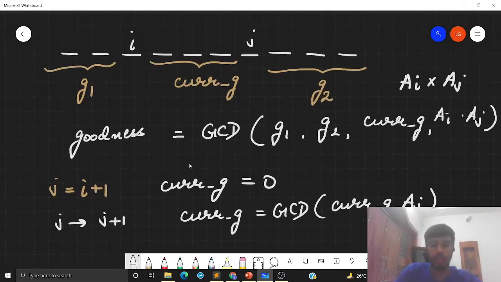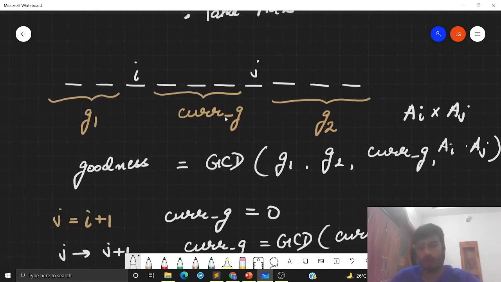So suppose this was my loop going on and I had my value of current G calculated. Now I will jump from J to J plus 1, and in jumping, this new element will be introduced into this subarray. So I can update my current G by taking the GCD of this current G and this new value that I am merging into my subarray.